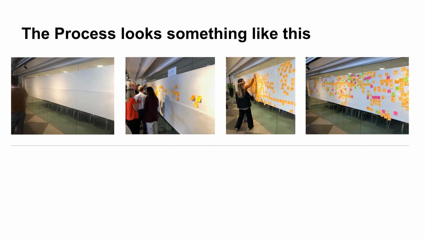So when we did this, it can look something like this. So you have the blank canvas, and then you have a few of the notes, and then you start to get a bit more, and then you will have a lot. And then you have to structure this. But you will basically have the story of the company or the process line on the whiteboard, which is super interesting and really cool.